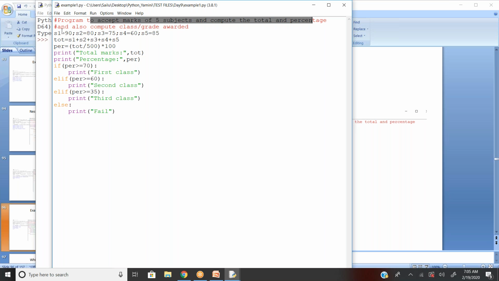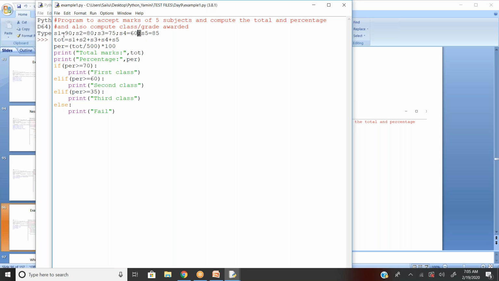Now, to get the scores, I used subject 1 equal to 90, subject 2 is 80, subject 3 is 75, subject 4 is 60, and subject 5 is 85. So, if you observe here, instead of writing in 5 different rows, I just wrote it in a single row by separating with semicolons. If I separate with semicolons, that means the system treats all 5 as different variables.